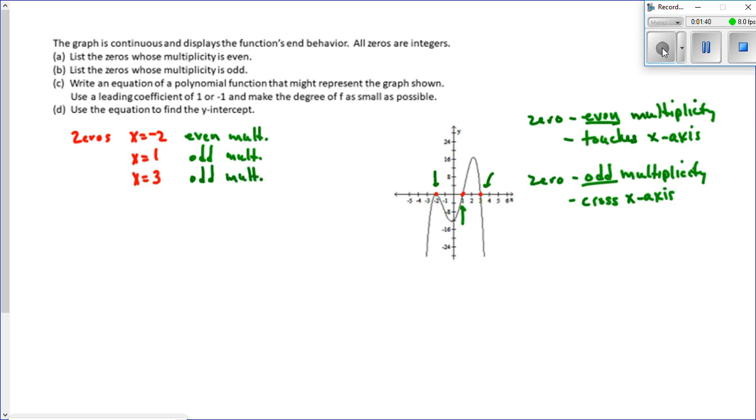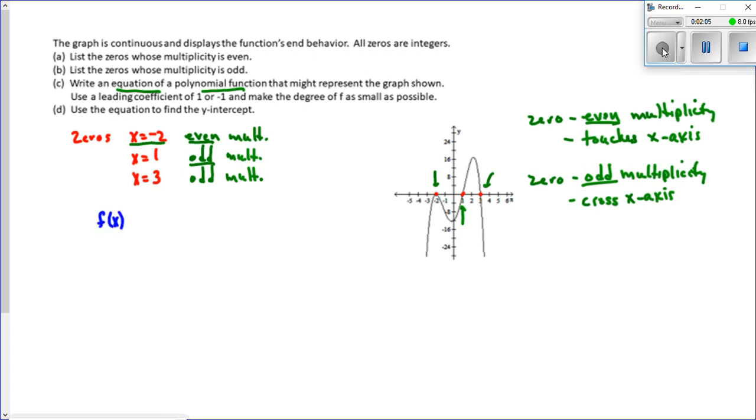Now, the way that shows up in the equation, if we want to write an equation for the polynomial function that might represent this graph, is that the power on the factor relating to this zero will be even if it's even multiplicity, and it's going to be an odd power if it has odd multiplicity. So a possible function for this